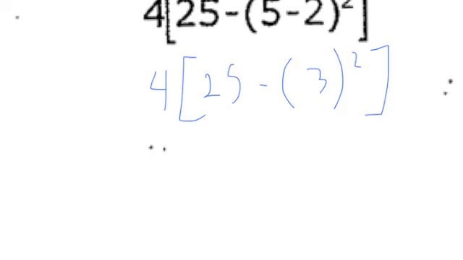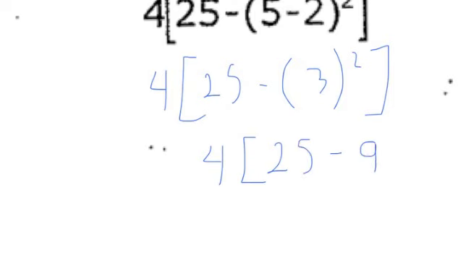Okay, then we always want to take care of stuff inside the parentheses, so we have our exponent inside that we want to take care of, and we have 3 squared, which is 9. 3 times 3 is 9. So now what we have